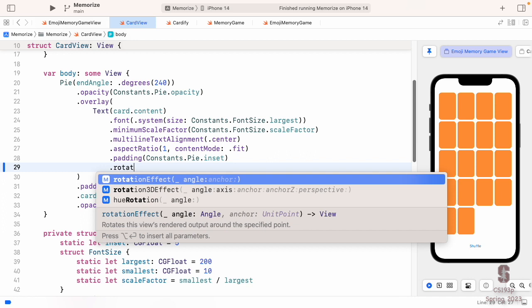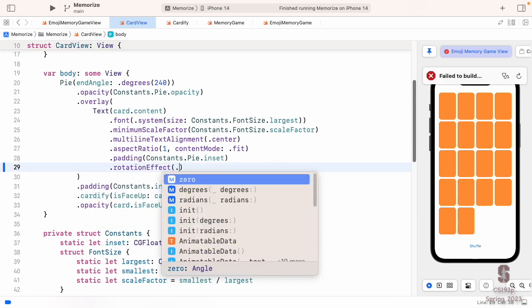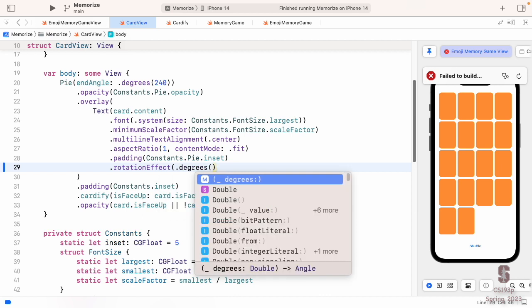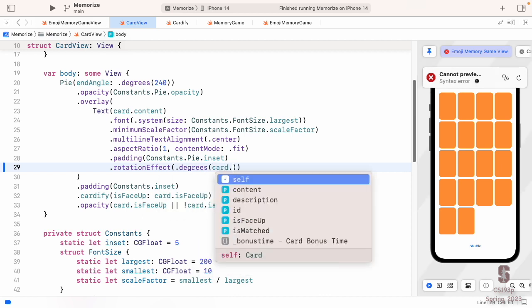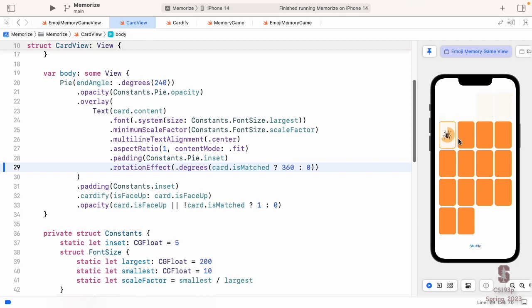You can do a flip with a rotation effect you saw on the slides there. It just takes an angle, let me say degrees, and we'll have, if the card is matched, we'll do 360 degrees, otherwise 0. So that's a rotation effect. And if I go over here and match, whoop, he did it. See how it's so fast you can barely see him there. And maybe that's a little too fast. It's so fast that I don't really get to celebrate my victory very long there.